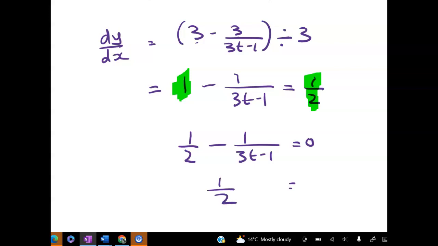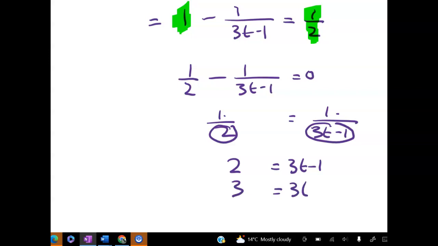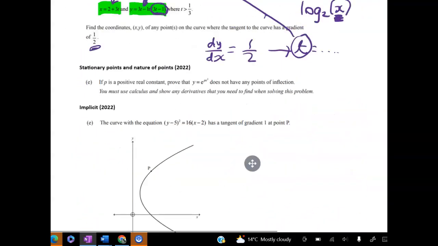So 1/2 is equal to 1 over 3t minus 1. Now just looking at it, we've got the same numerator, so we must have matching denominators. So 2 has to equal 3t minus 1, 3 is equal to 3t, and t equals 1. So what we've got now is the t value that is going to make the gradient be 1/2,